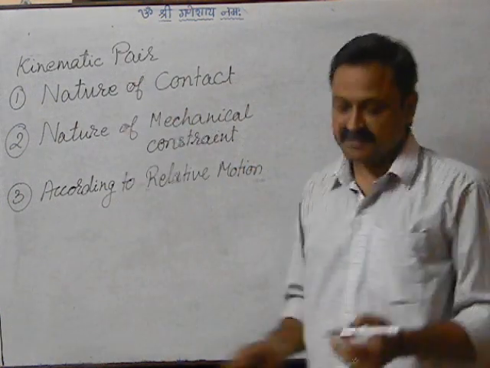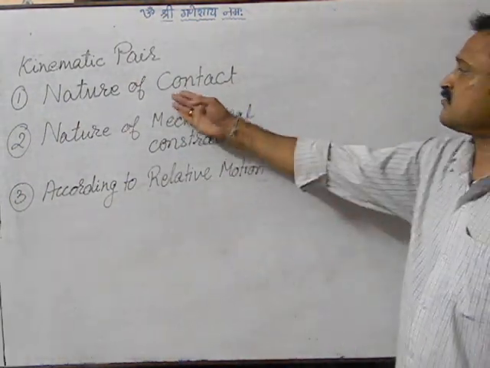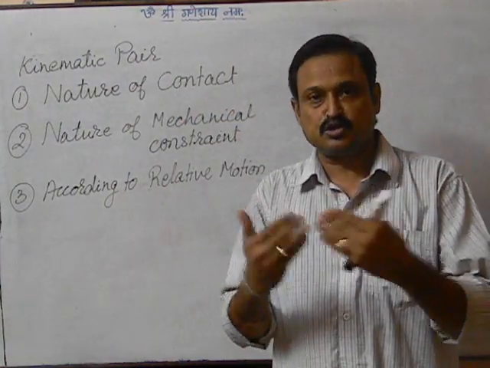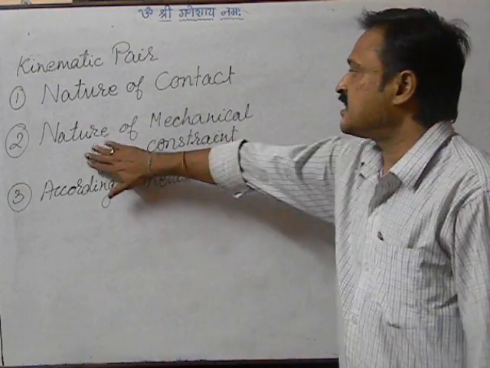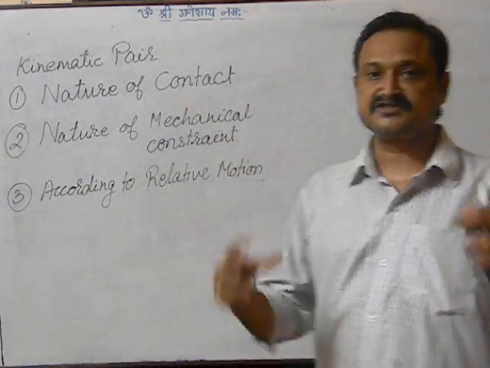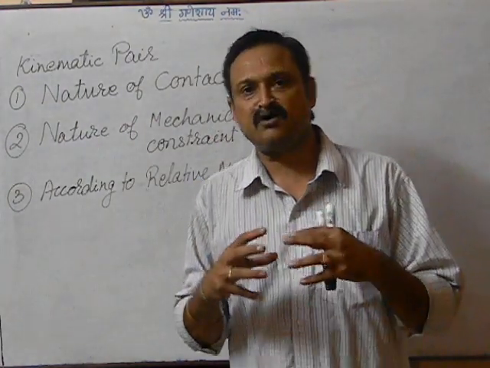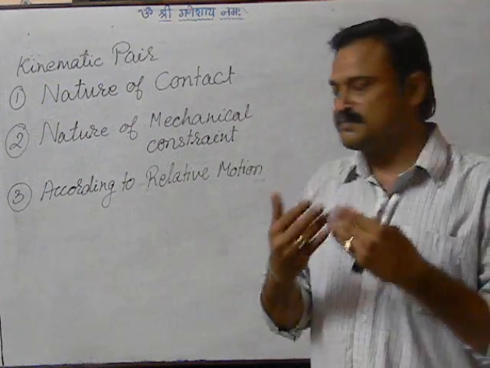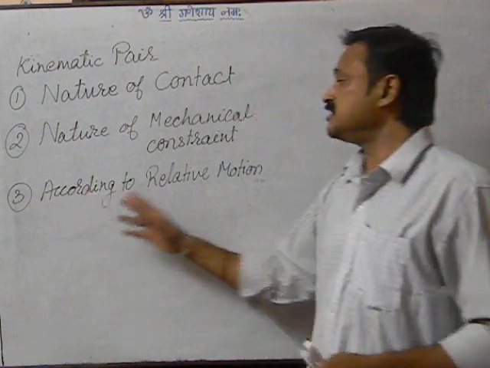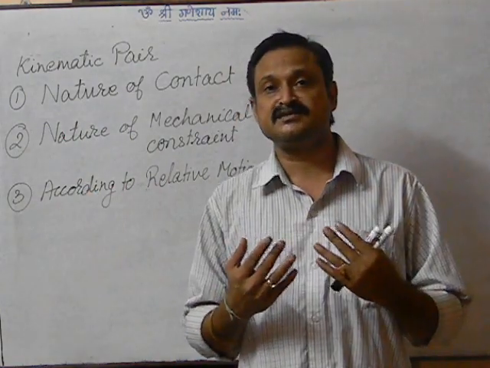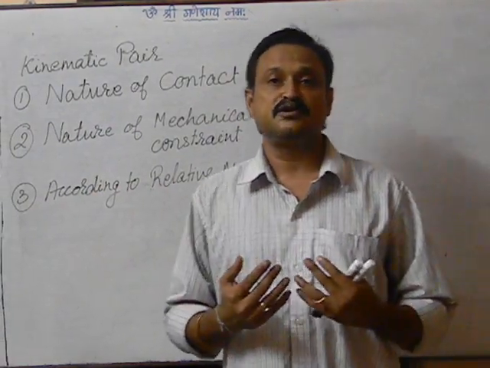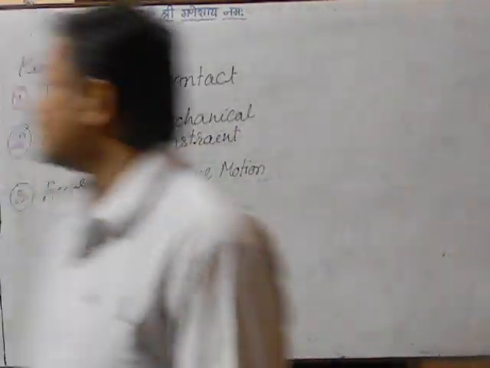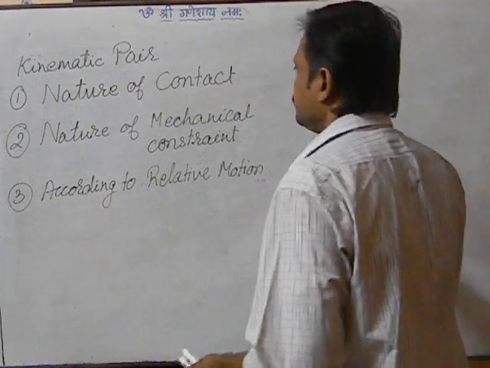According to nature of contact means the nature of contact between the two members which we are joining. According to nature of mechanical constraint means how we are providing the restriction to the two members. And then according to relative motion, what is the relative motion between the two members. That is how basically we are classifying the